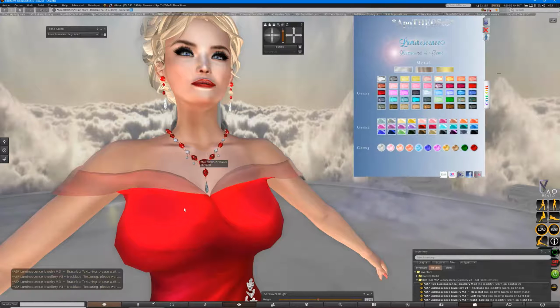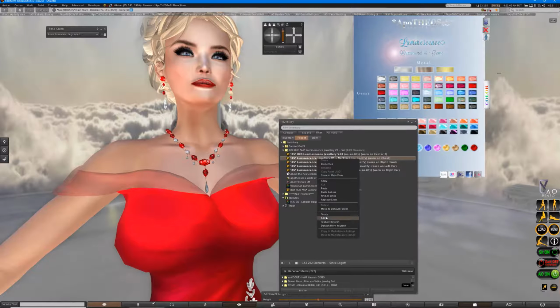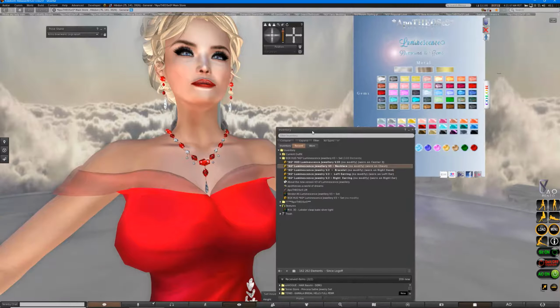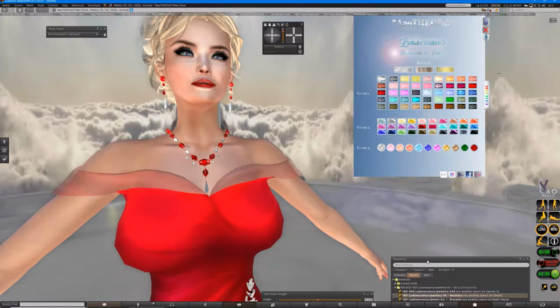If you notice, as soon as I have resized the journal and I touch it, it becomes not full bright. If you want it full bright, you just right click and you touch back. You will toggle full bright again. If you don't want it, you touch back, it will not be full bright, as you wish. To make it full bright, it will take a minute too, because it's got a lot of pieces to be